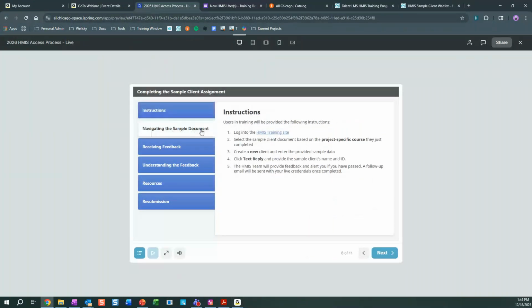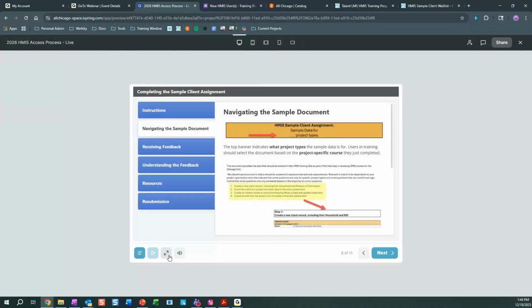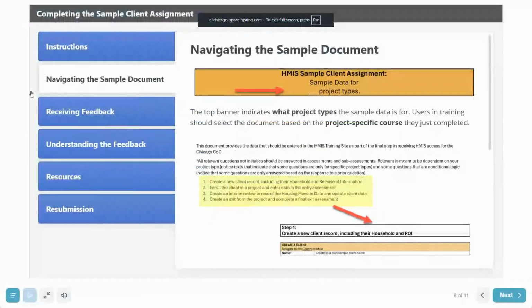Okay, so back to the sample client assignment. There will be another update in this assignment: we updated the sample document. So there will be a slide given to the users on how to navigate the sample document. It's going to look different. At the very top, we'll have